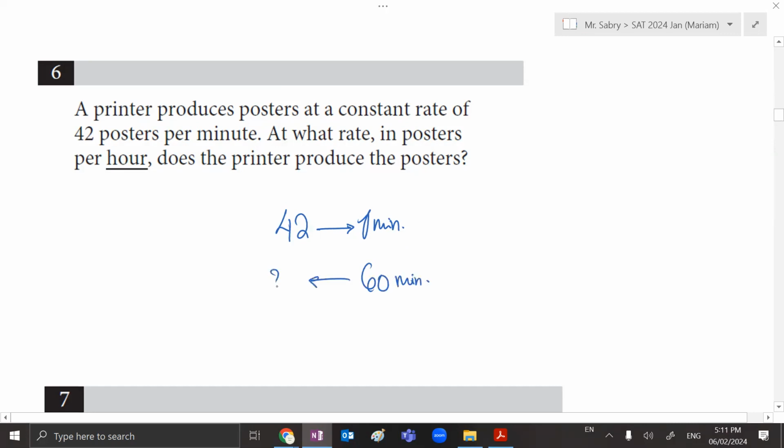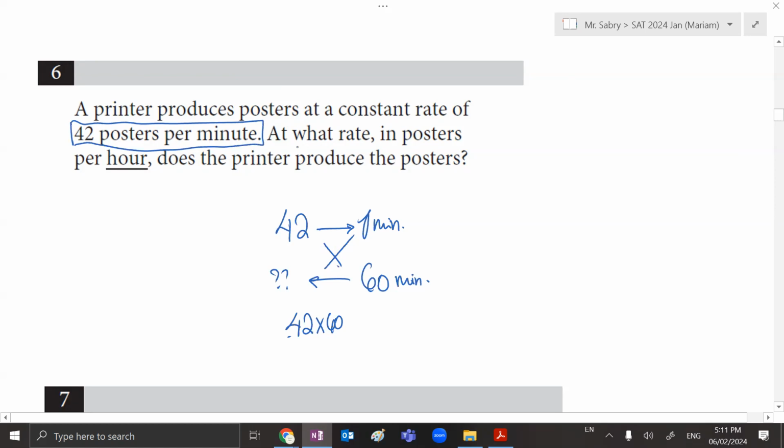Also, it feels like just a common sense question. It's true, it is common sense. We just need to learn the method that would work for everything. So what happened is that when I see any general rate written like this, 42 posters per minute, or